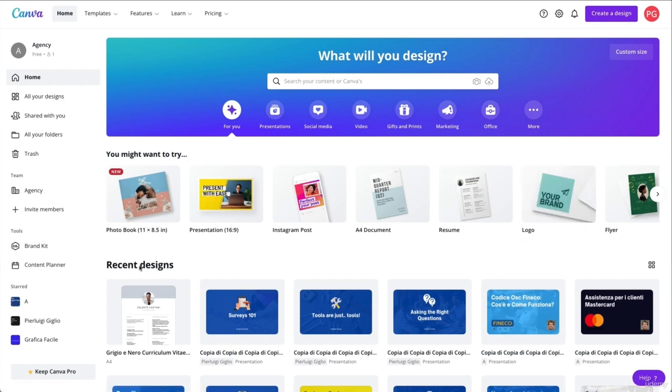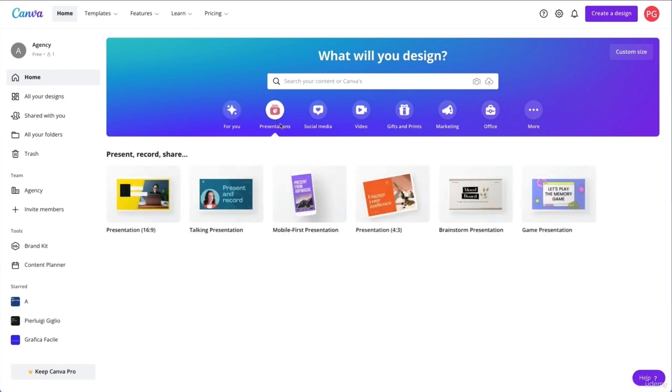If you scroll down, you're also going to be able to see your recent designs so that you can quickly access them. In order to add a new project and start viewing the different templates, simply select one of these quick suggestions right here. So for example, if I want to see some presentations, you can easily click on that and then select one of the types of presentations to see all the different